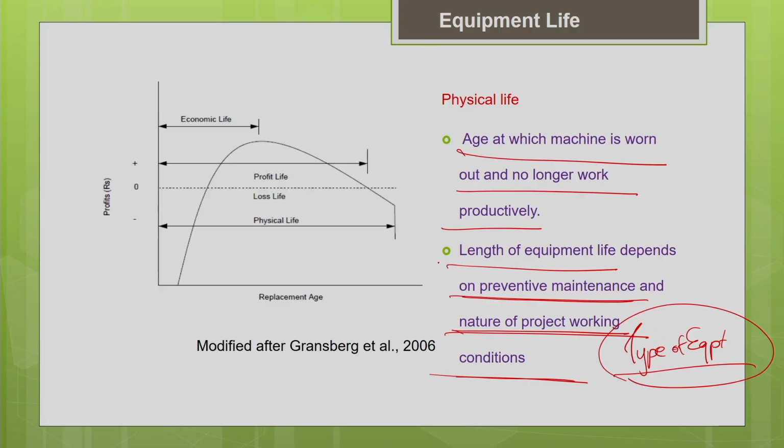You have to do the daily cleaning of the machine. If you take care of your machine in a proper manner, it will last for a longer time. So, the length will vary depending upon the care you show towards the machine. This is what is called the physical life of the machine. It refers to the entire life, as you see from this picture.